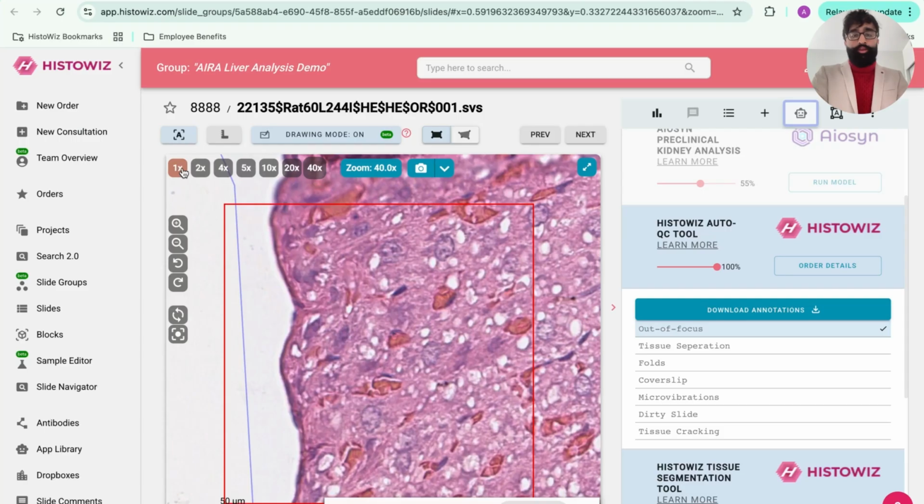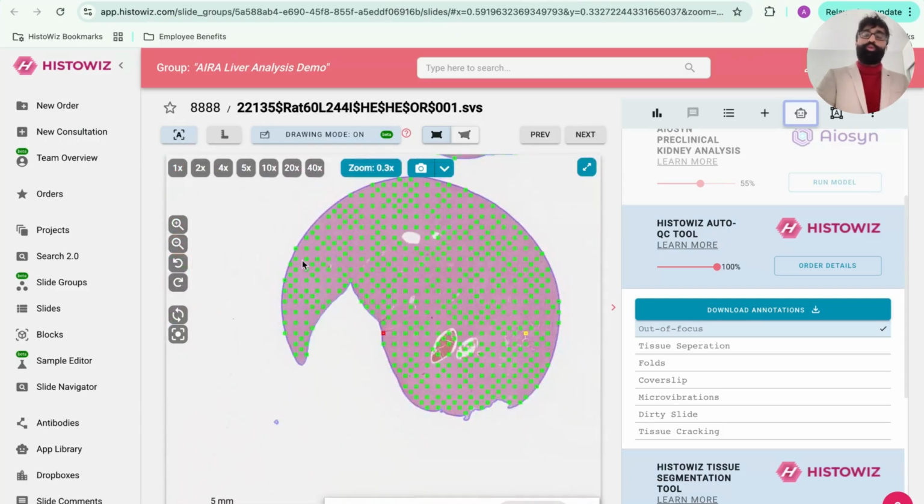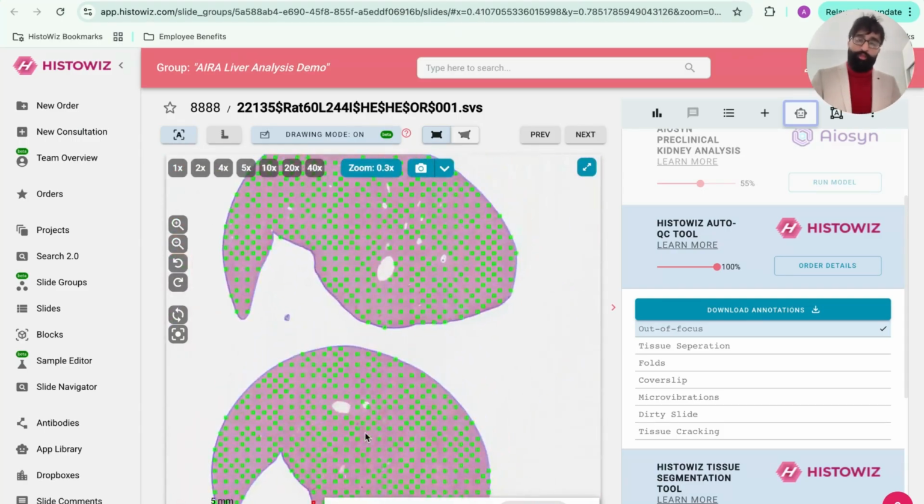Again, it depends on researchers as to how critical a QC issue is for them. But not just for the researchers, even for AI companies, QC has been incredibly useful, because they want to run their AI on good quality regions. And if for a certain reason it gives X percentage of accuracy or AUC, they want to know that it has come from the good quality regions within the image and not the bad ones.